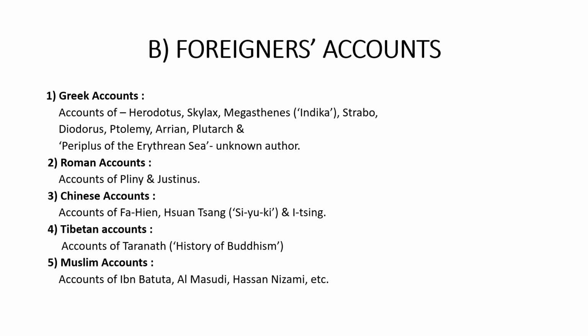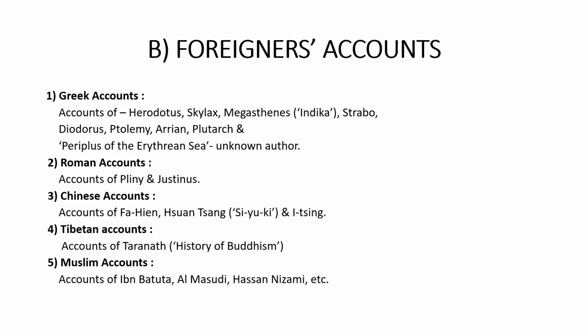Then we come to Roman accounts. Roman accounts, we basically have the accounts of Pliny, who was a Roman author and naturalist, and Justinus, who gives information about geography, history, trade, etc. of ancient India. Now, Chinese accounts are equally important, and the three main Chinese accounts we have are of Fahian,